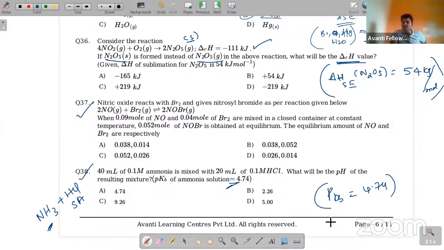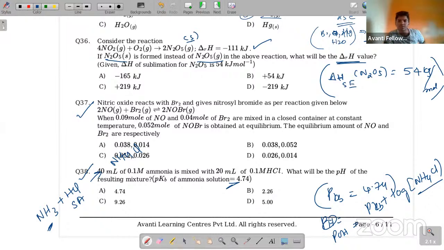The pH calculation will be done as follows. Because it is a basic solution, first we have to calculate the pOH. pOH will be pKb plus log of the concentration of the salt being formed, NH4Cl, divided by the concentration of NH3, or NH4OH. So based upon that, you can calculate. You are going to get the answer from here. Okay. So next,